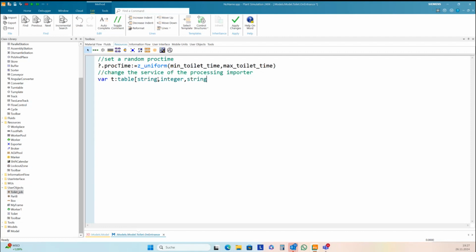If you want to send another worker instead of the right worker to the toilet, we don't need this here. And then we need to create this table and fill this table with data.